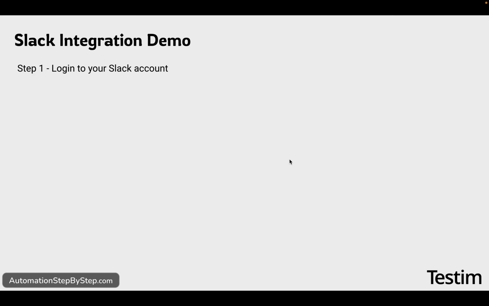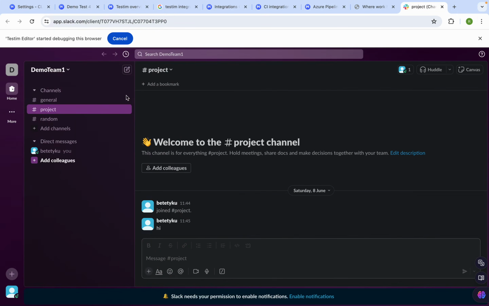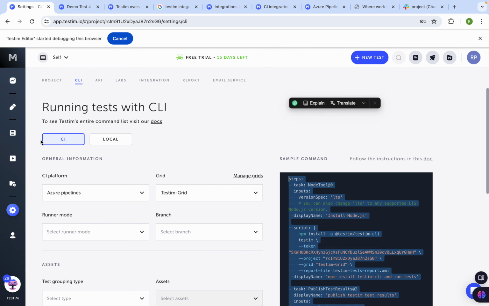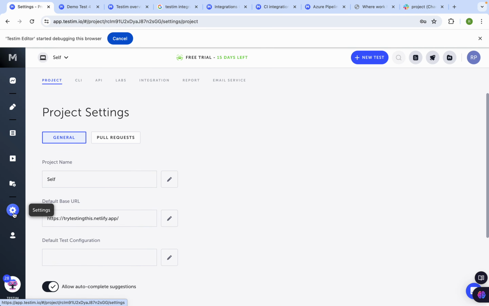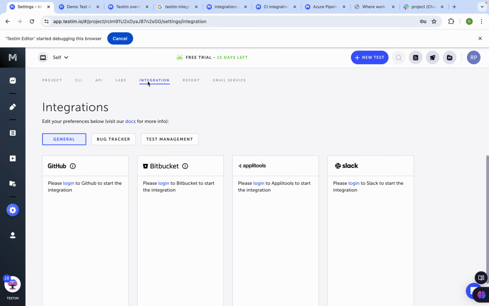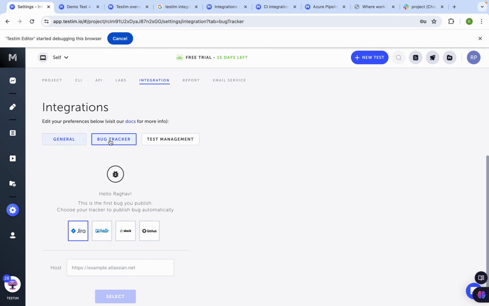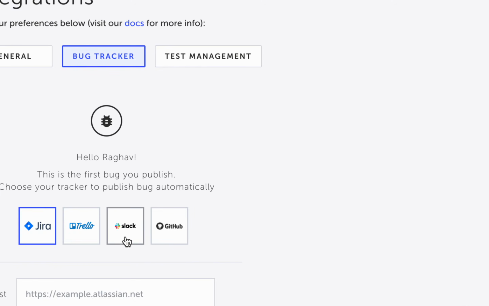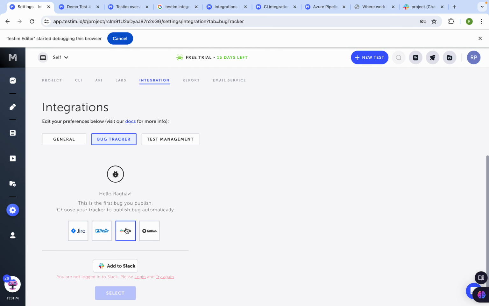Okay, then after login, if you don't have an account, you can also create a free account on Slack and then try it out. On Testim, we will go to settings and integration. So here on Testim, I will go to settings and integration, and you can see Slack here. You can also see Slack here under backtracker. So I will click on Slack here,